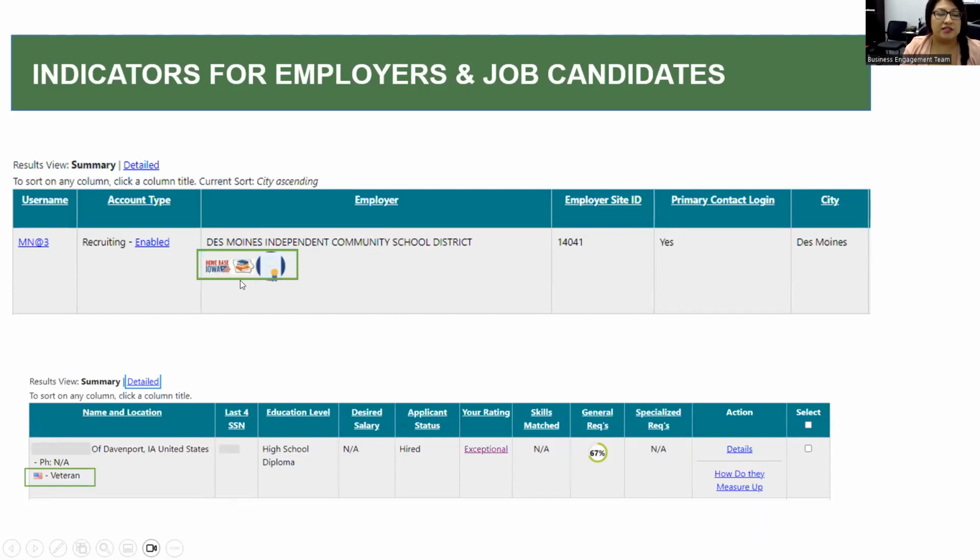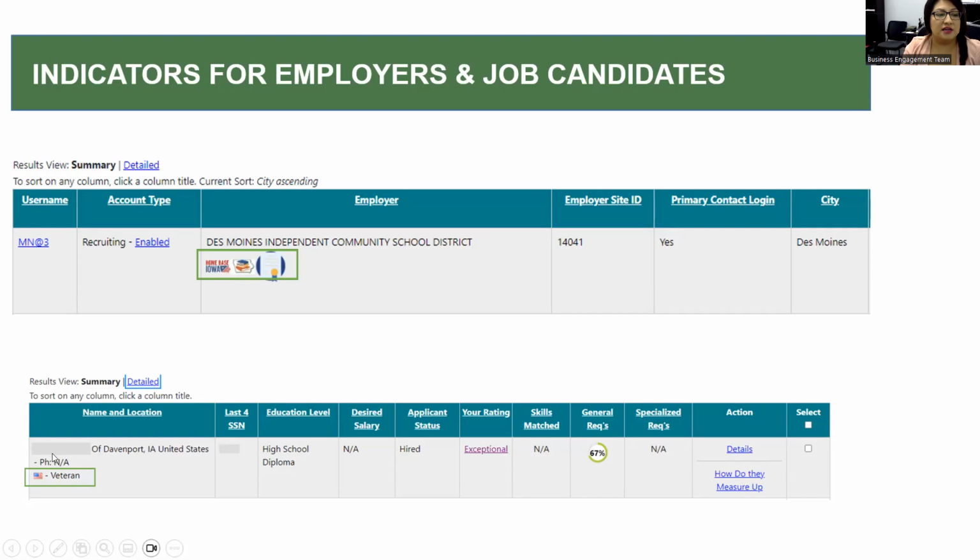If you would like to have these indicators turned on, please contact us and we will help you get those added. All the school districts should already have the educational job opportunity indicator. But if you notice that you don't see it when you log in, let us know and we can make sure you have that. Or if you have a registered apprenticeship or are veteran friendly, let us know and we can make sure we add those indicators and connect you to those individuals that can assist you and give you more one-on-one information on registered apprenticeship and Home Base Iowa.